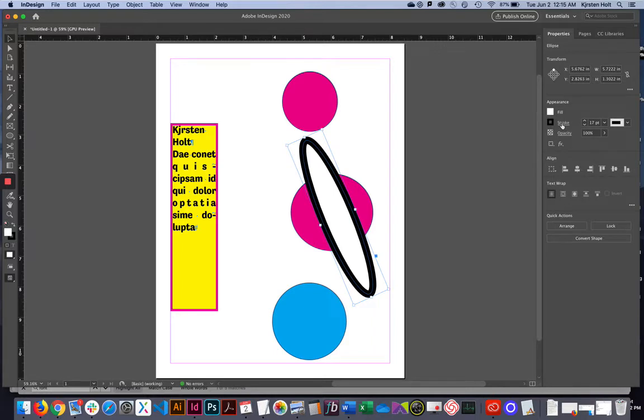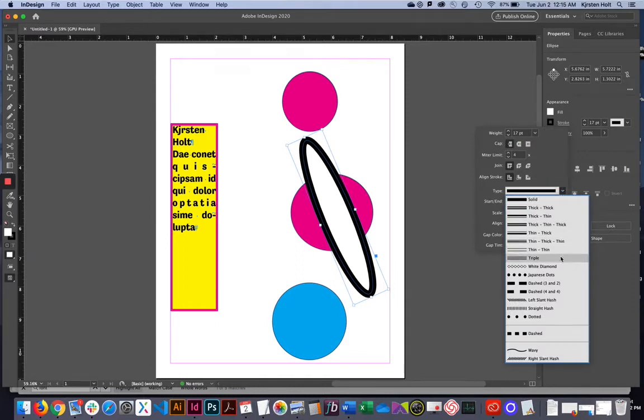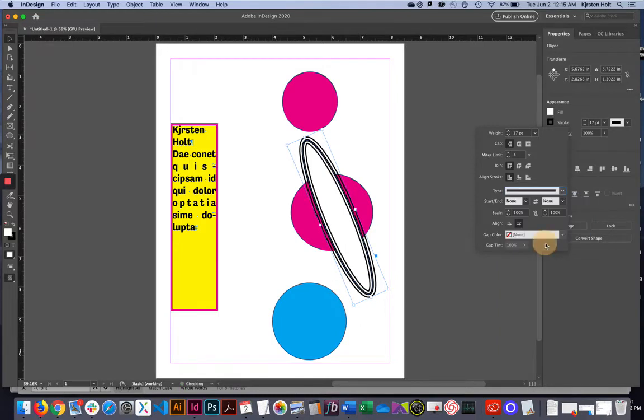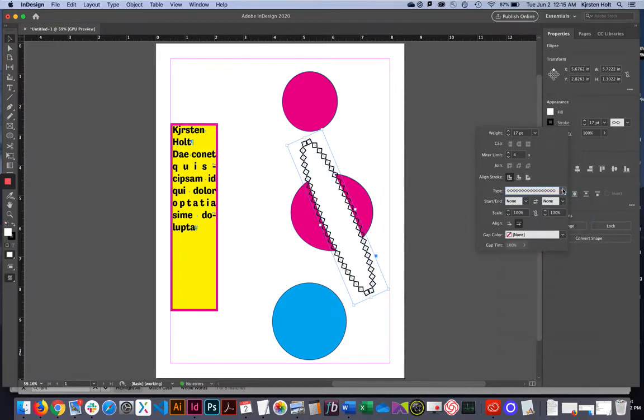If I click on stroke, I can get a panel that shows me more detail and more choices. So I can choose the type of stroke. There are lots of different presets here that I could choose. So I could choose this thick and thin stroke, or I could choose little diamonds, dashed lines,